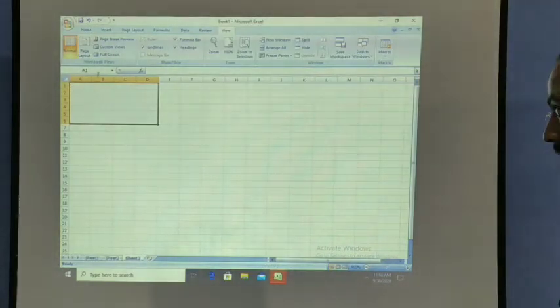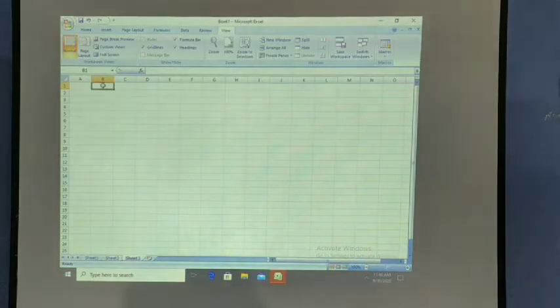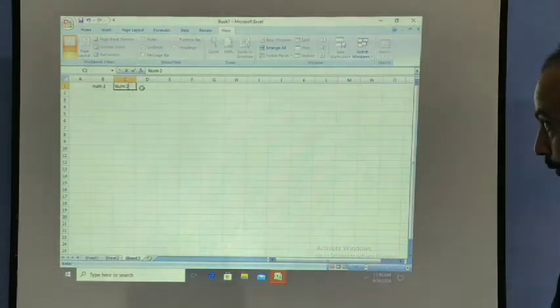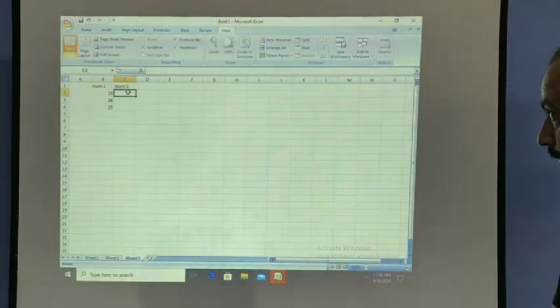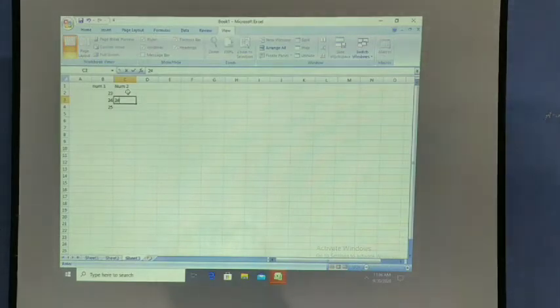So here in the B cells I am writing the number 1 and number 2. So I will be putting the values here 23, 24, 25 and here 24, 34 and 19.